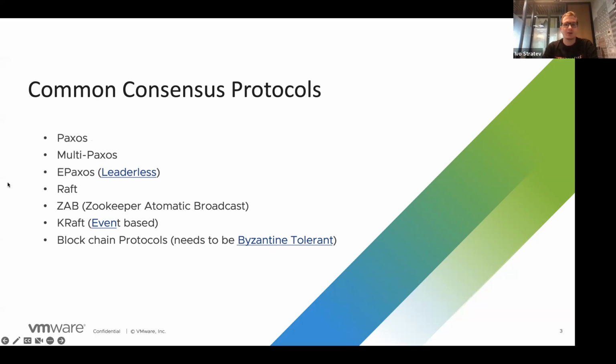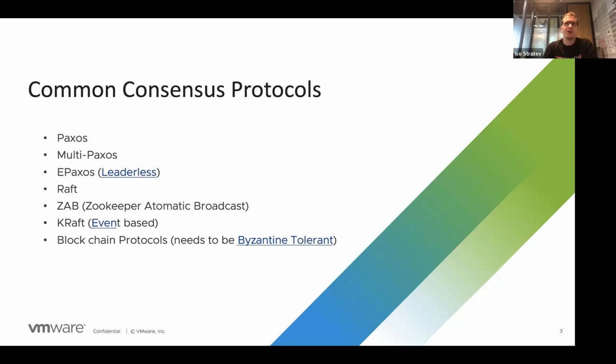But the problem with Paxos is that it is a consensus protocol over a single value. This value can be an integer, a byte array, or something like this, but it cannot be multiple values at the same time. This is why we have multi-Paxos. The problem with multi-Paxos is that there is right now no agreed actual implementation of it, which is how to achieve consensus over multiple values. And this is one of the problems with Paxos. But the bigger one is that Paxos is really, really hard.